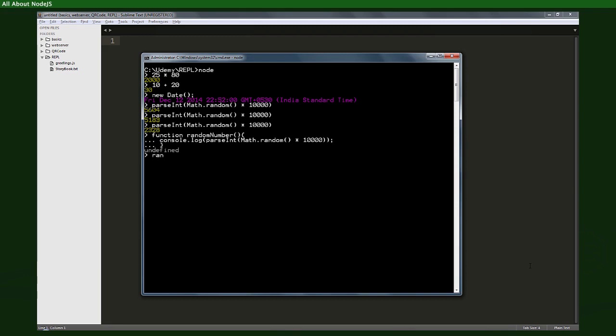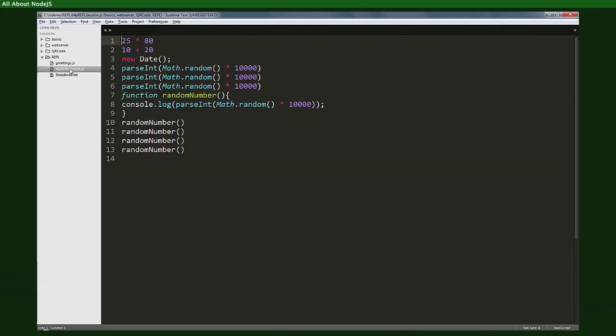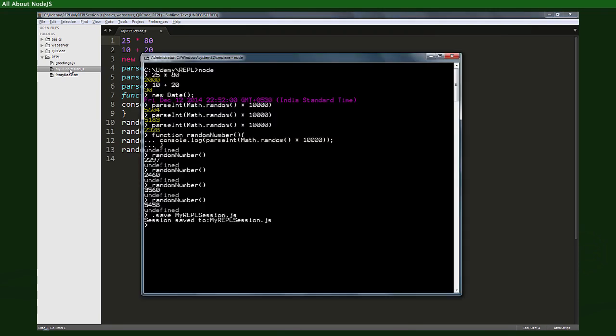Now, every time that you use the REPL, it is known as a session, and sessions can be stored by typing .save followed by the name of the file. As you can see, our session file contains all the commands that we have typed so far. Let's exit the REPL by typing .exit and pressing enter, and let's clear out the screen and restart a Node